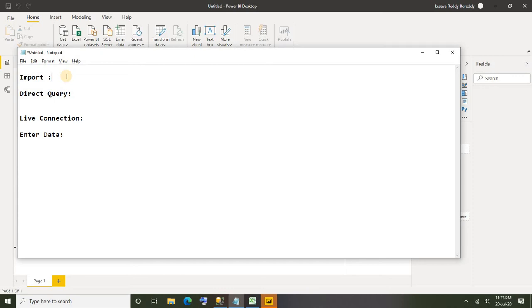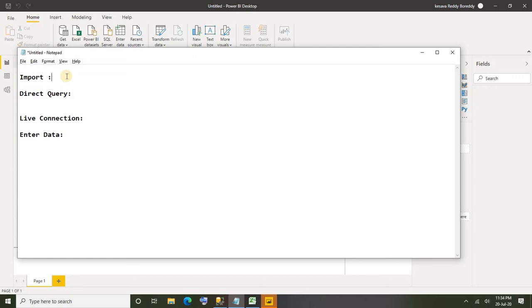That is completely based on the license type. Generally there are 3 types of licenses: free, pro and premium. Let's not go deep into those licenses here. So as I said, the size of the memory completely depends on the license that you opted for. When you go for the import option, data will be stored in your Power BI. As data is directly stored in Power BI memory, when you slice and dice your report and execute any query inside your Power BI report, your report performance will be faster because the data is available inside your Power BI memory itself.